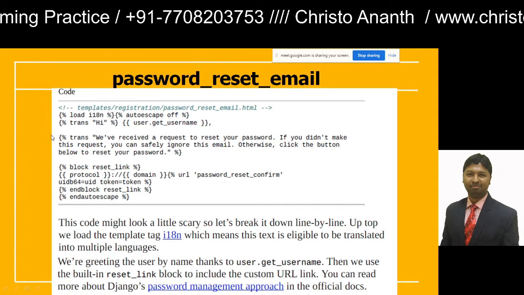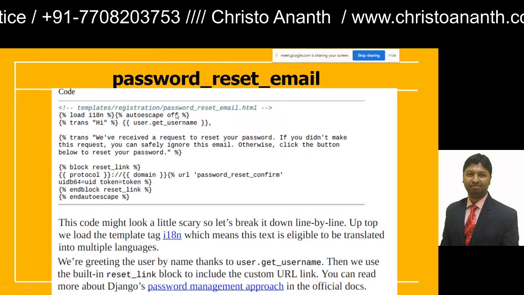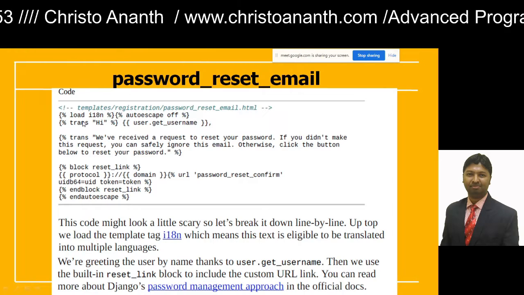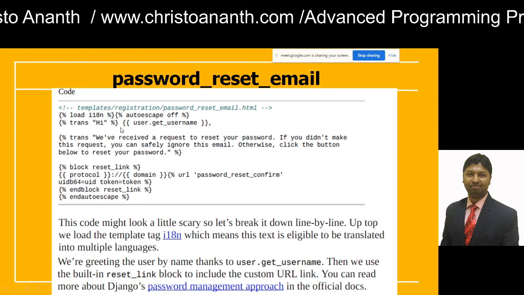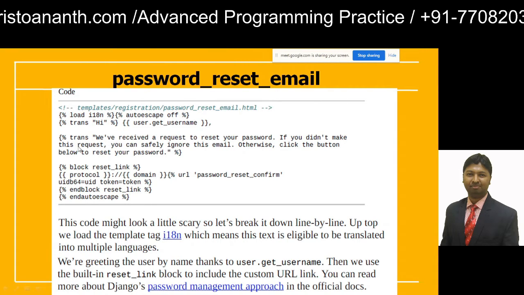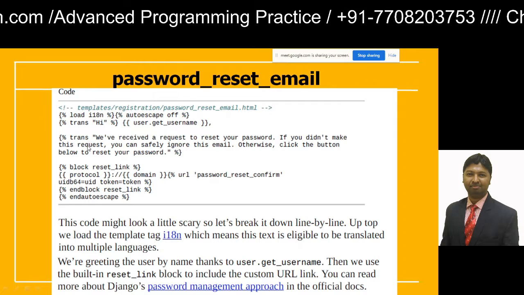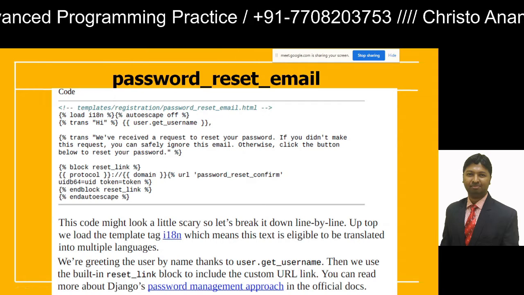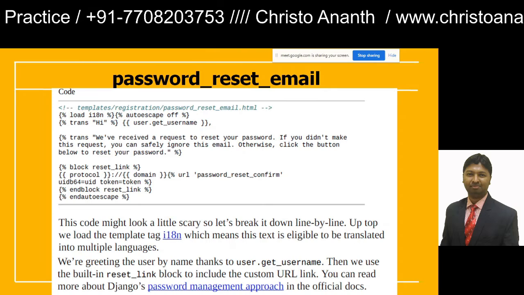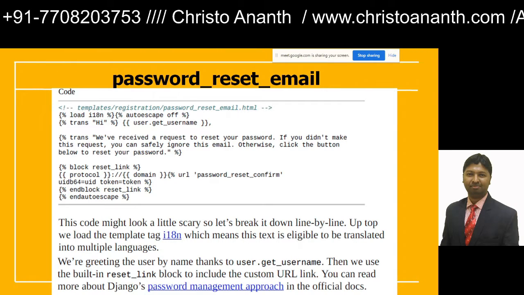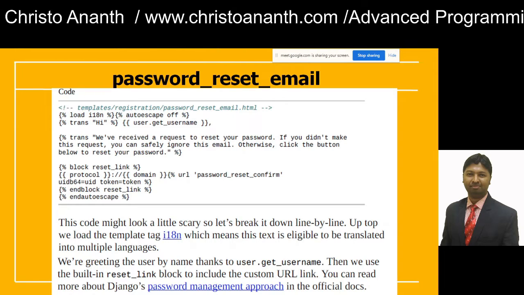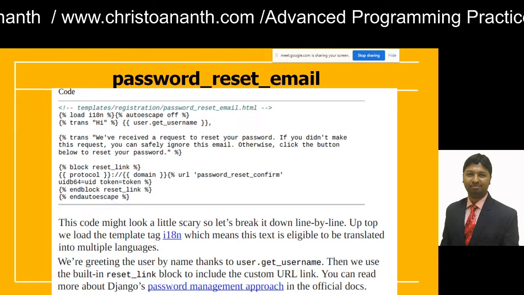There you load i18n, autoescape off, trans with user.get_username. The statement says we have received a request to reset your password. If you didn't make this request, you can safely ignore this email. Otherwise, click the button below to reset your password. You have a CSRF token, the block reset_link, and autoescape.